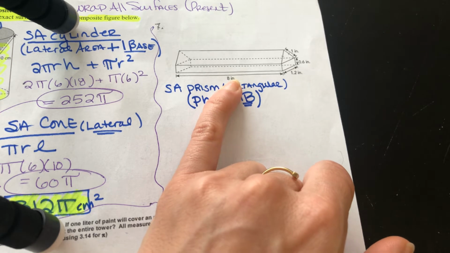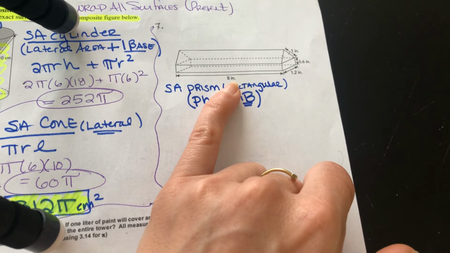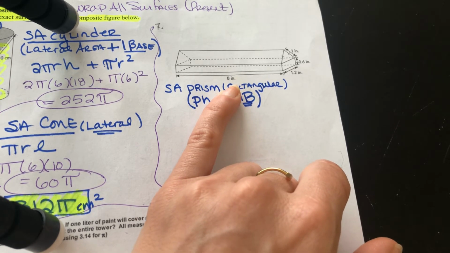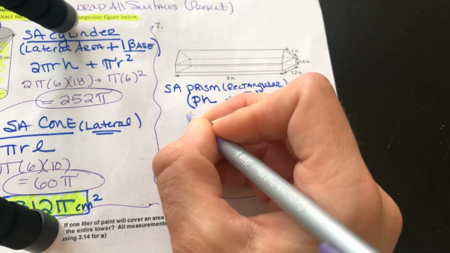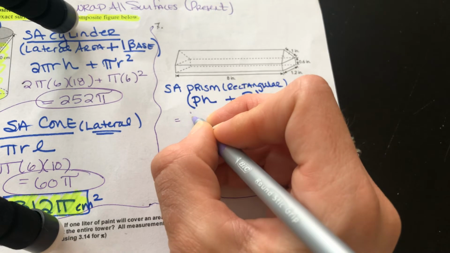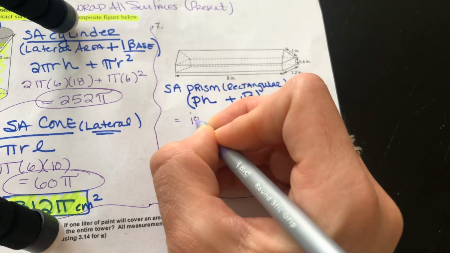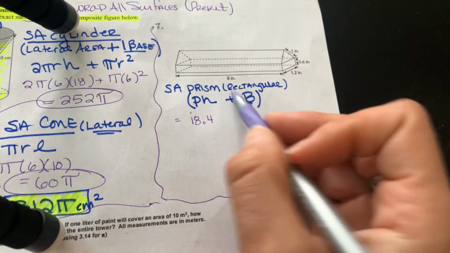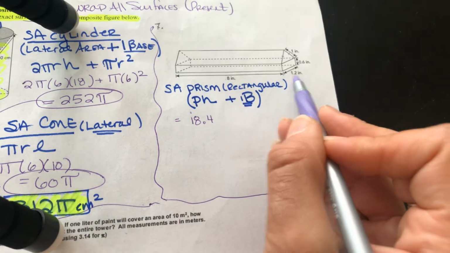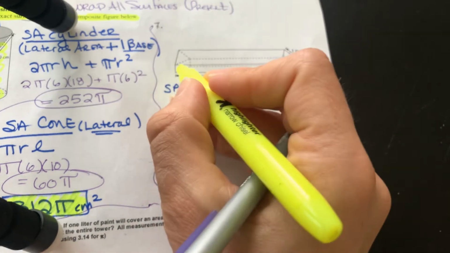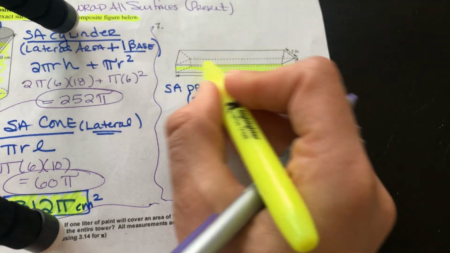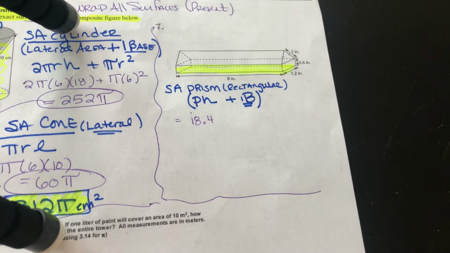I'm going to do 8 plus 1.2 plus 8 plus 1.2. So the perimeter of my base, and again, if you forget your formula, go back and look at it, is 18.4. 8 and 8, 16, 17, 18.4. Okay, so what we're dealing with right now is just, I know it looks like it's hard to visualize it, but the base